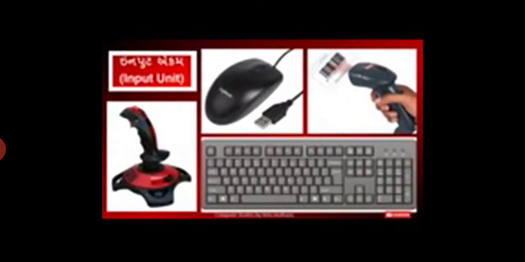Here I have given you the photographs of different input units, which are the most common input units. Now, my way of explaining the chapter is different. I don't like students mugging up the things. Instead, I try to explain it in such a way that you are able to memorize the things easily. For example, if you see the photographs of these things, then whenever I speak the word input device, at once these things will come into your mind.